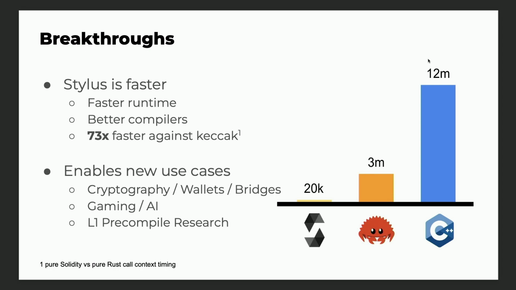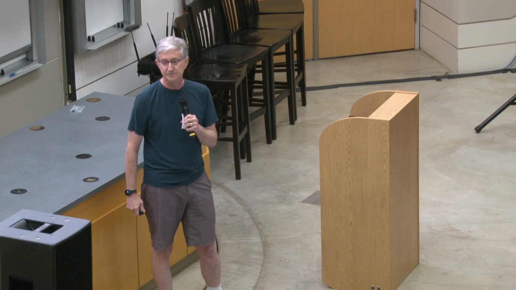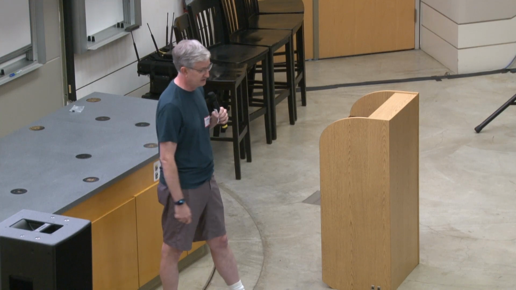If you want to build some kind of ZK proving thing on top, that's great. You can build the primitives that you need in order to do it. Don't have the group or curve that you need? Just take a C++ or Rust library that implements it, and it will run on an EVM chain. Lots of interesting uses for gaming, interesting uses for AI models. If you want to evaluate a model on some data, this is going to run much more efficiently if it is implemented using Stylus as opposed to trying to do it in EVM.